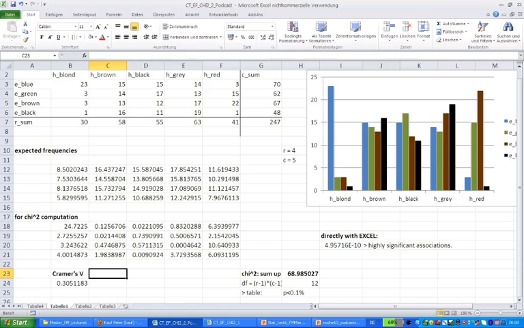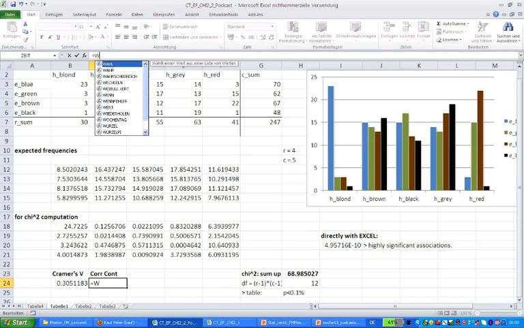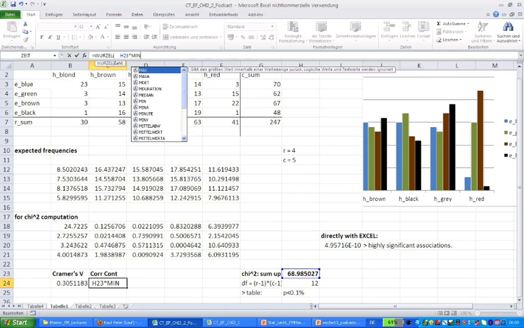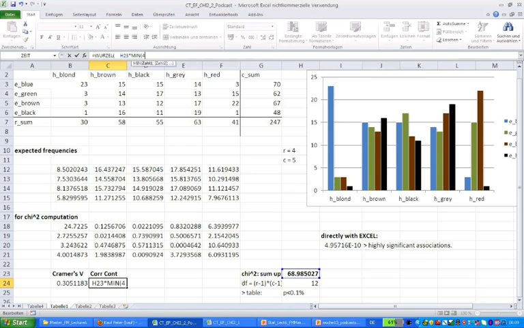Let's check with the corrected contingency coefficient. See what this one yields. So here the formula is, we have equal to the square root or Wurzel of, again, the chi-square value, which I find in H23. This time I have to multiply it with the minimum of, again, 4 and 5. And I divide that by big brackets